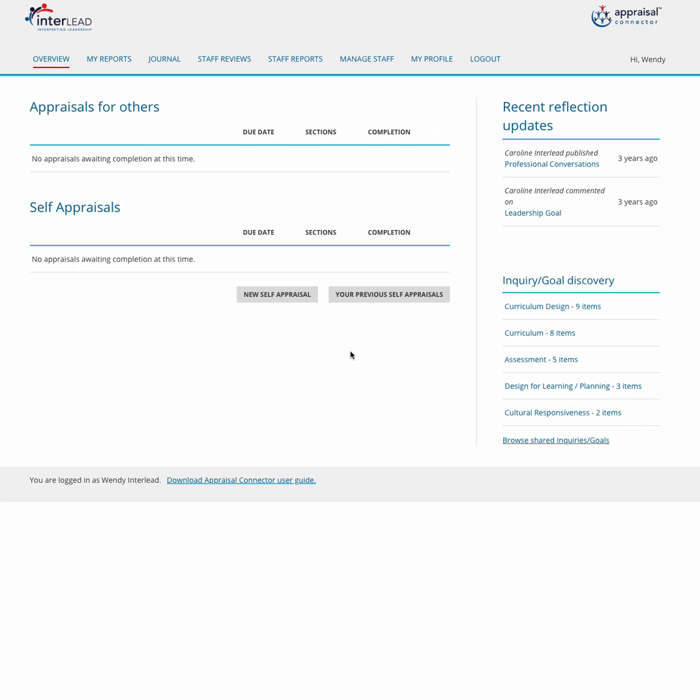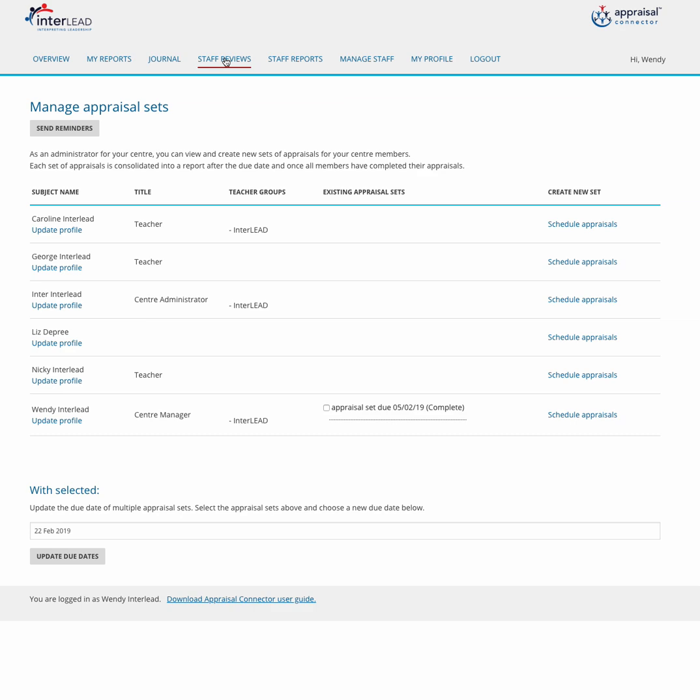This tutorial is about how to set appraisals for your staff on Appraisal Connector. Everything to do with staff appraisals on Appraisal Connector is under the Staff Reviews tab at the top of the page. If you click on this tab, you will see your staff listed down the left-hand side by first name